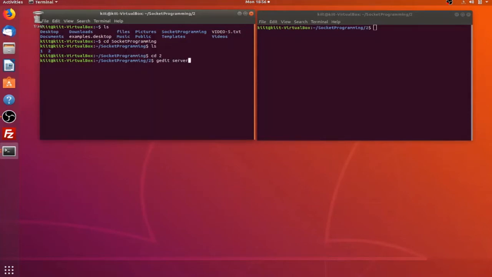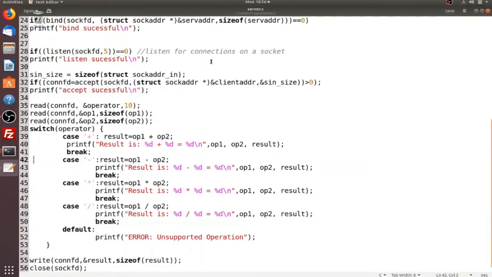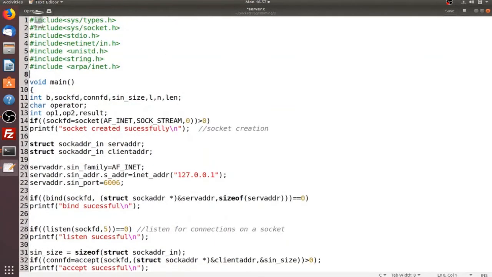On opening the server side code, we have the program. I have included all the header files which are required to write this program, and then starting from the main function, I have declared certain variables in line number 11 of integer type. Then I have declared a variable called operator of character type. Then again three variables of integer type, and then I have created a socket providing the necessary three parameters